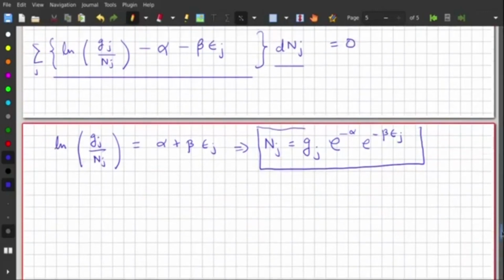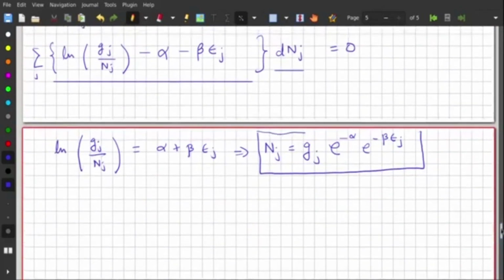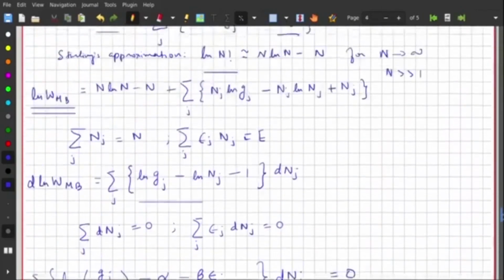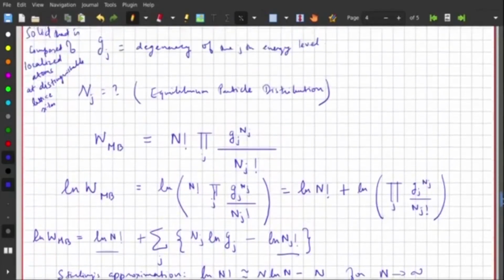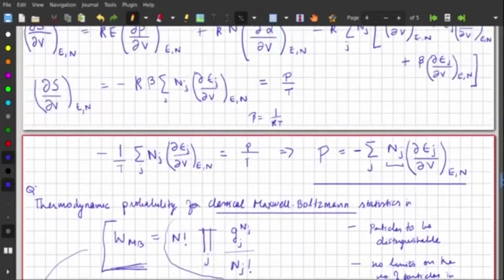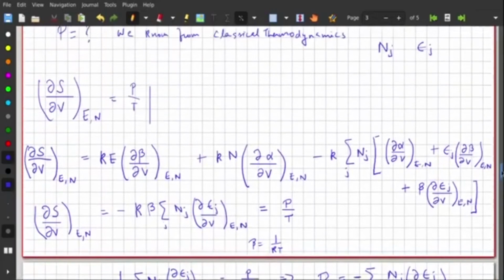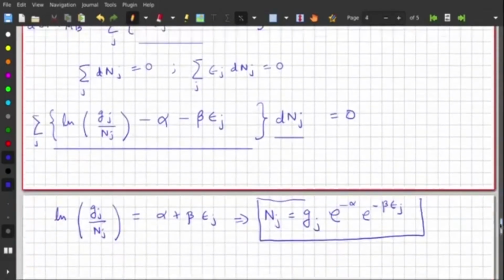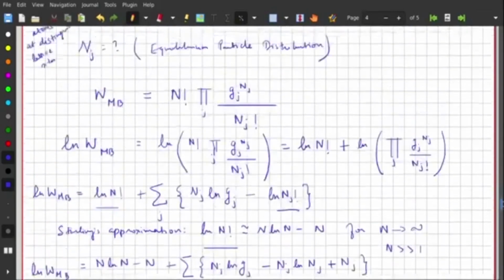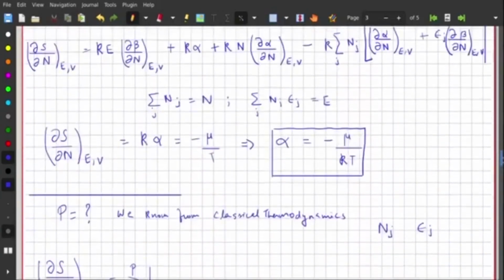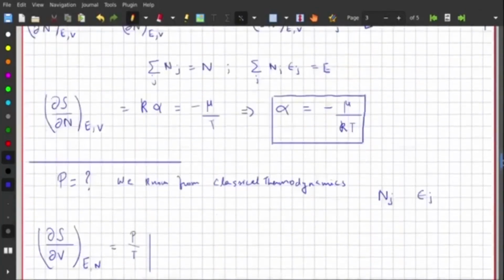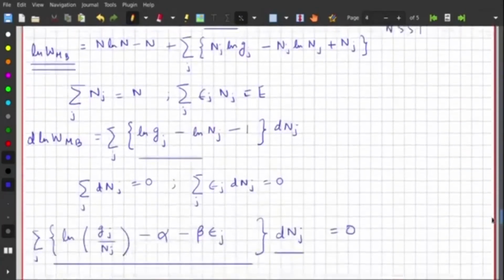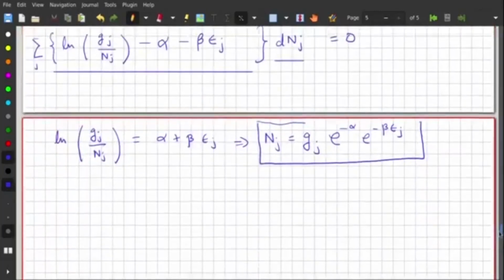Okay? And once we know the equilibrium particle distribution, and as has been discussed in the main lectures, we know the partition function. That is another important concept. So if we know the partition function, nj is basically related to the partition function. So in principle, if we know the partition function, we can compute all thermodynamic quantities in general. Okay,